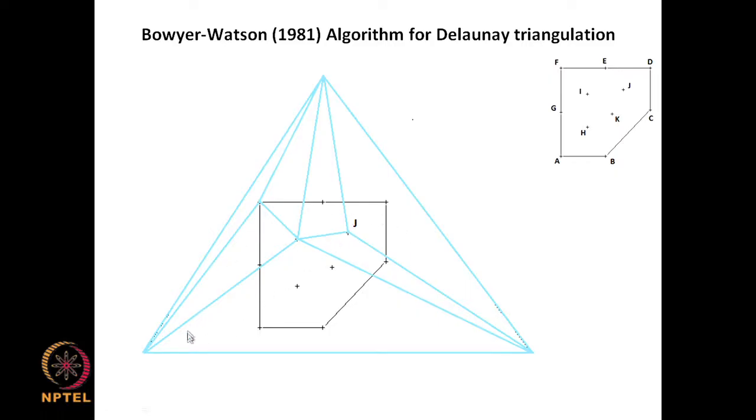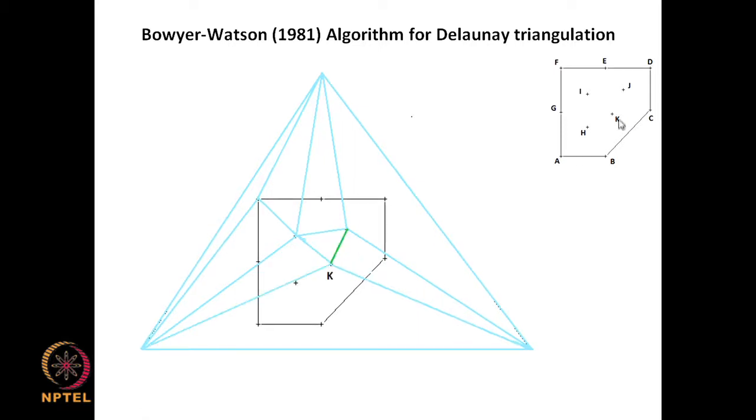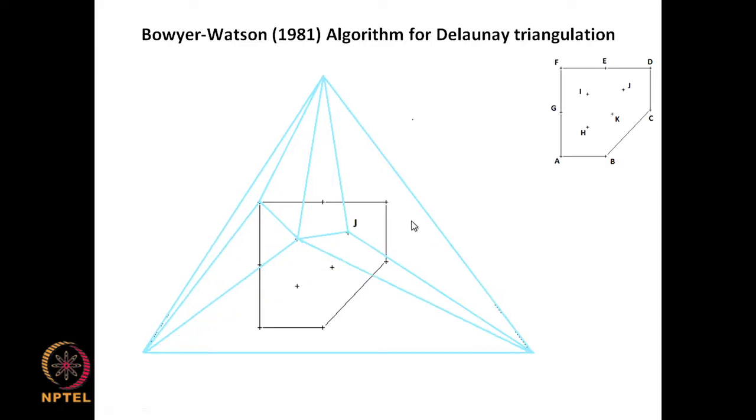So, we can make the circumscribing circle passing through this point and this point, and verify for ourselves that this falls outside. Therefore, this is the way to do the triangulation here. Okay. So, at this stage we have added one more point, and we have added effectively 2 new triangles. So, the next point that comes in is point K. Point K is in this triangle here,